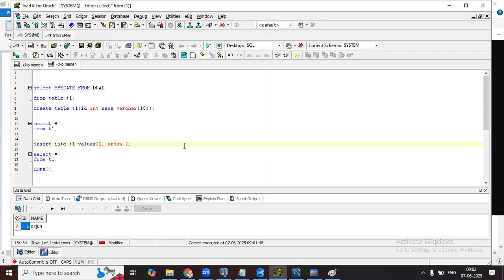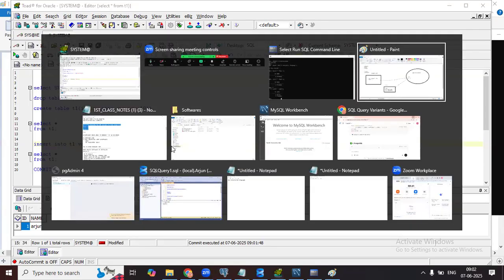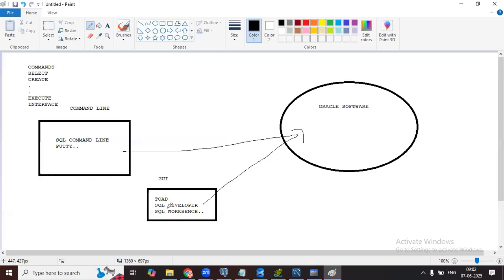I hope you understood what the command line and GUI are. Both will be used if you work as an Oracle PL/SQL developer. As I said, this course is for data engineers, PL/SQL developers, and business analysts. Anyone can use it, but if you're going for PL/SQL developer, you'll use both command line and tool.